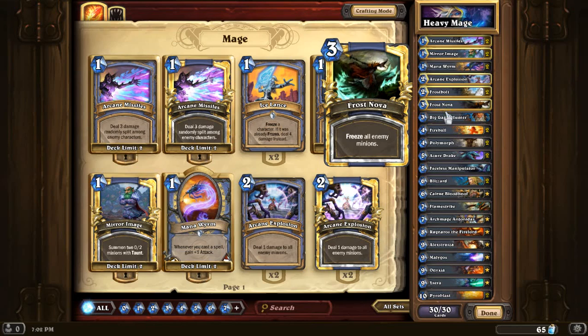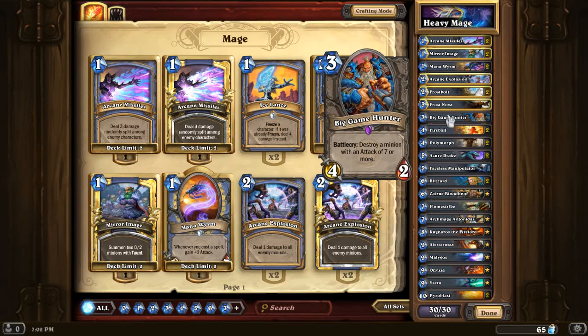So this is the reason I don't run the Doomsayer. Right, for the next card I went for the Big Game Hunter, which right now with almost everybody running Rag, it's a must-have,